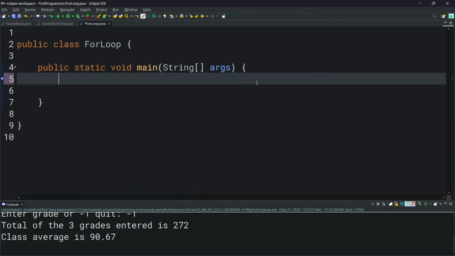The difference is that we usually use a for loop when we know how many times our code is going to repeat. In our previous example, we did not know how many grades the user might enter, so we used a while loop. But we use a for loop when we know how many times our program is going to repeat. So the syntax to using a for loop is we're going to have a for,